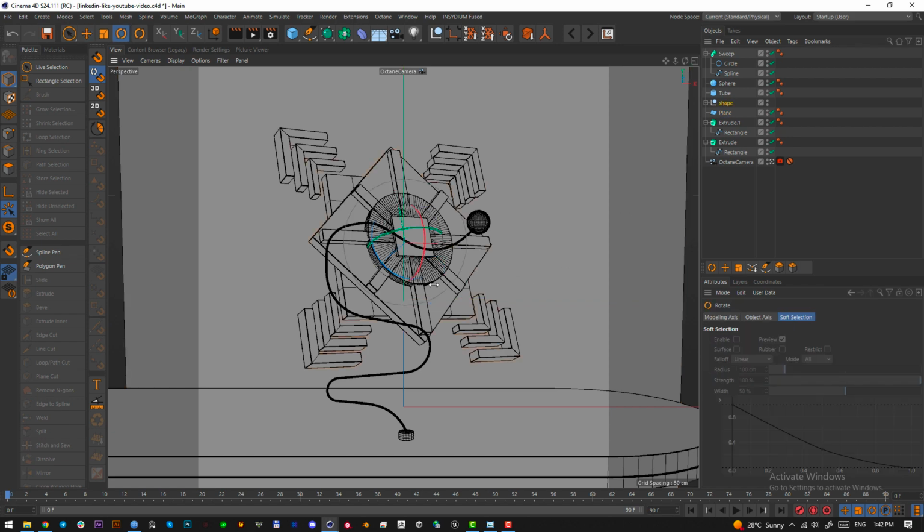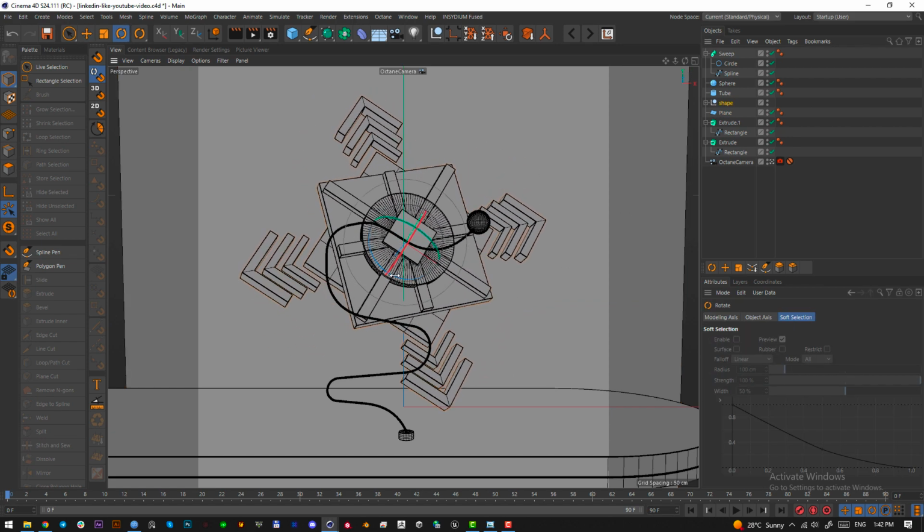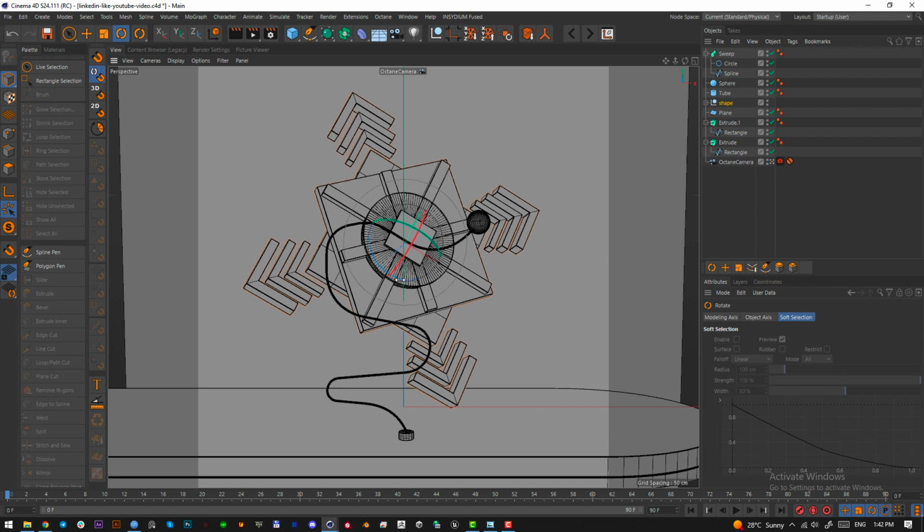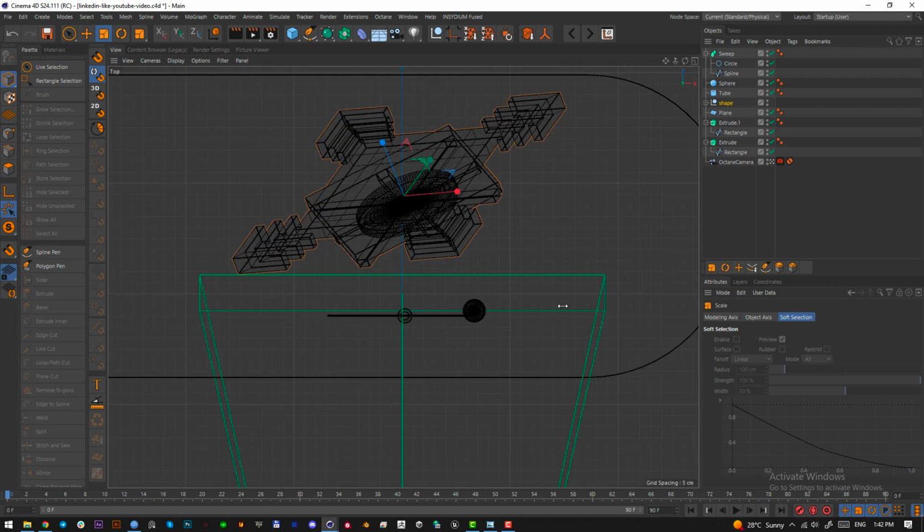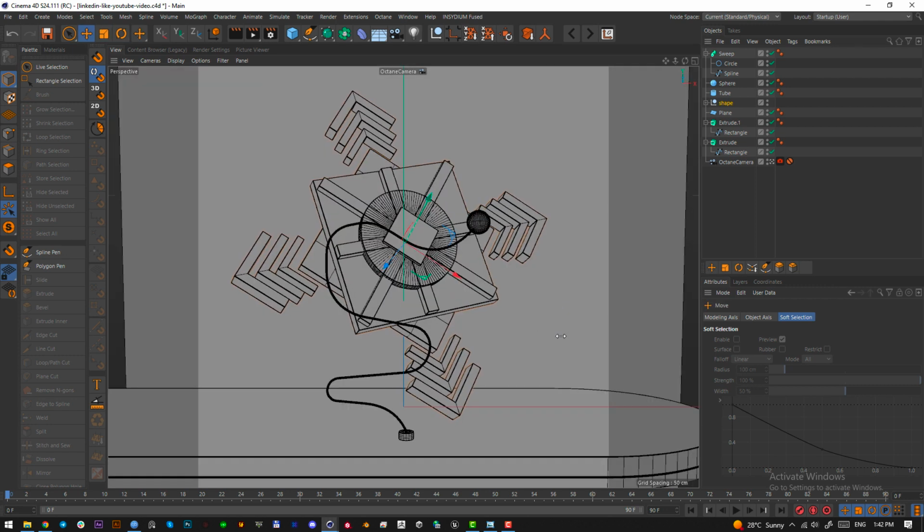Let's select the shape and we want to rotate it maybe like this. Maybe resize it a bit. Okay. Now let's create these textures. So add up